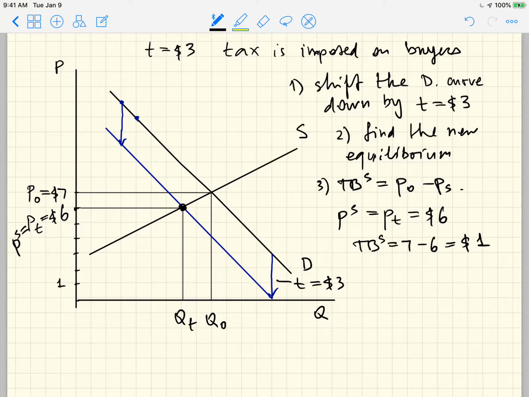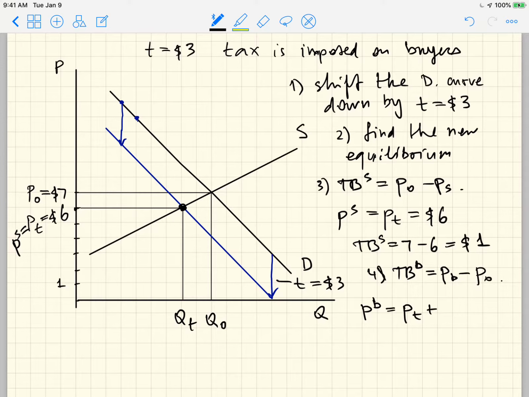Next step is to figure out tax burden on buyers. And again, we already know the formula. It's PB, generally speaking, minus P0. So P0 is always there, and it's really easy to see. What is PB? How much are buyers paying now after the tax was imposed? Well, they're paying the equilibrium price, right? Because that's what they have to pay to sellers. So it's PT, of course,